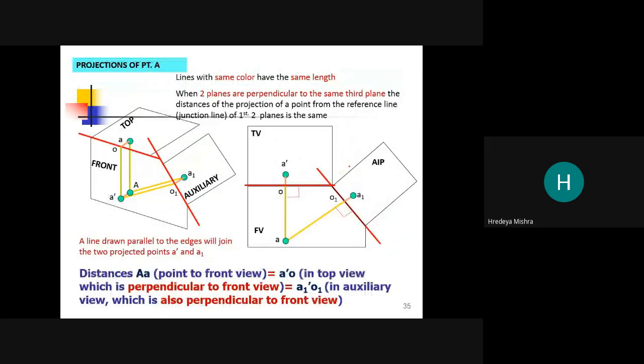Now, lines with the same color have the same length.